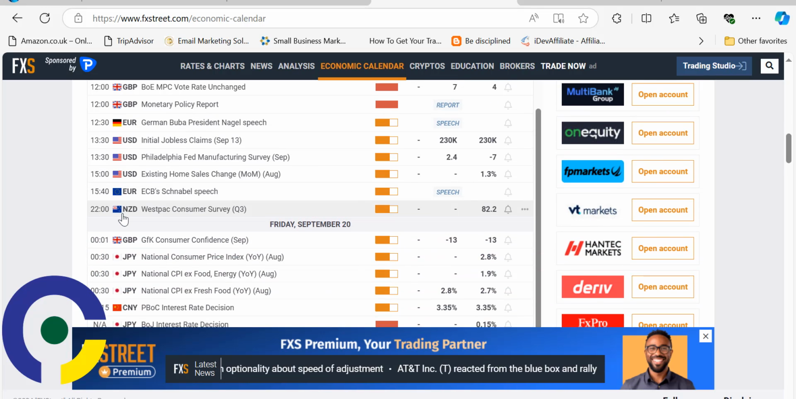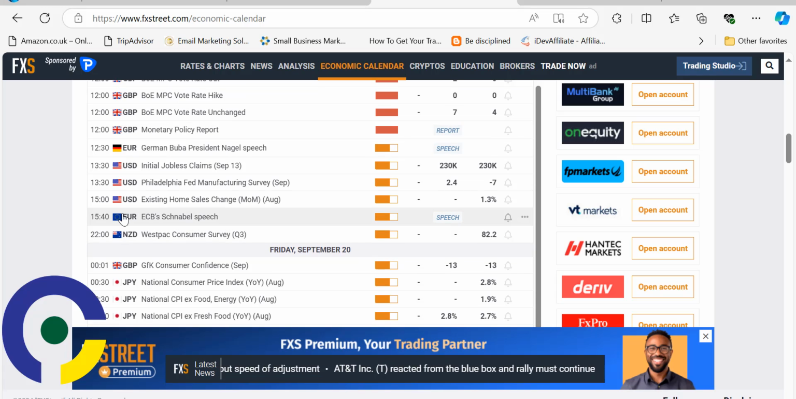By 1:30 there are medium impact events, of course, for the US. Not forgetting the Bundesbank president Nagel speaking. That's for German Bundesbank president Nagel speaking. That speech is a medium impact event. That'll be for the euro, and then for the USD, initial jobless claims for the 13th of September will be